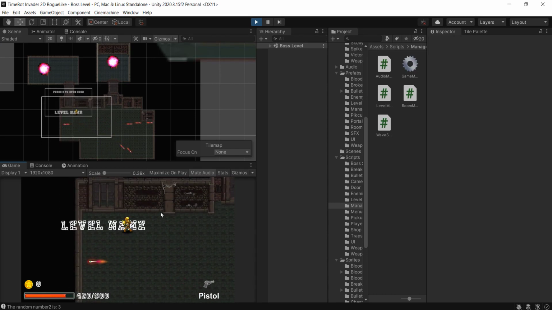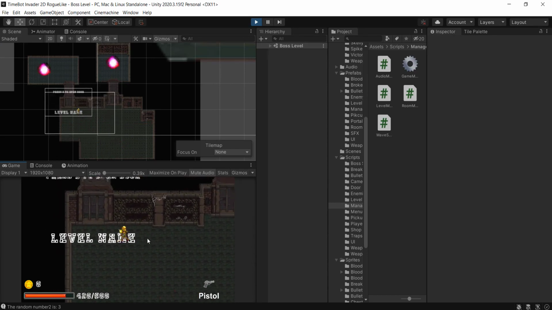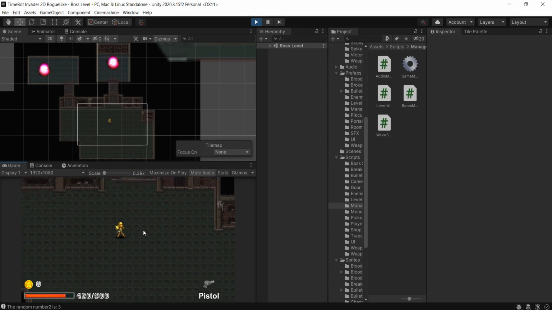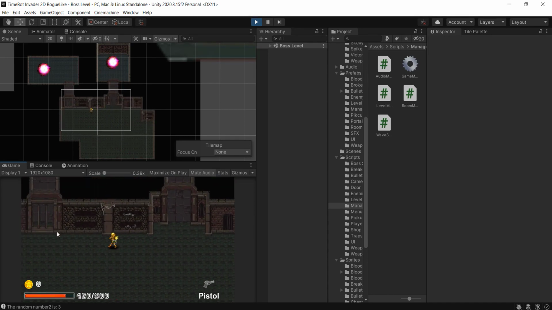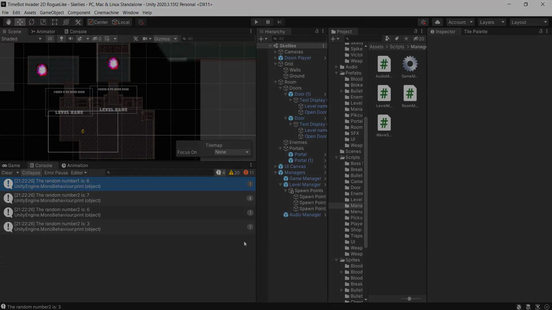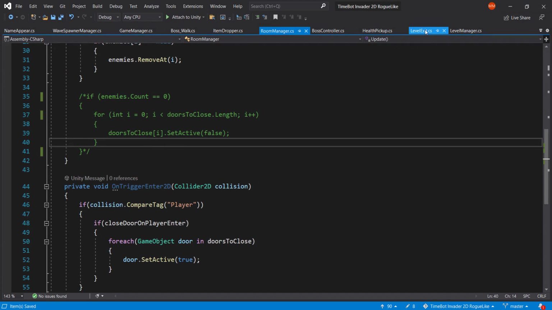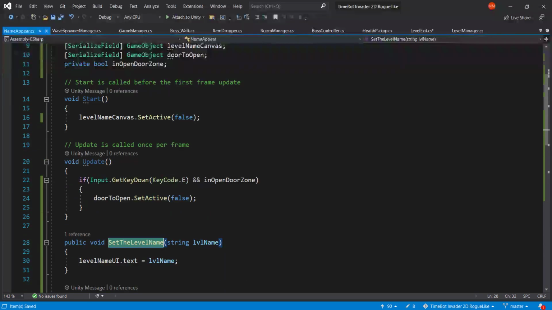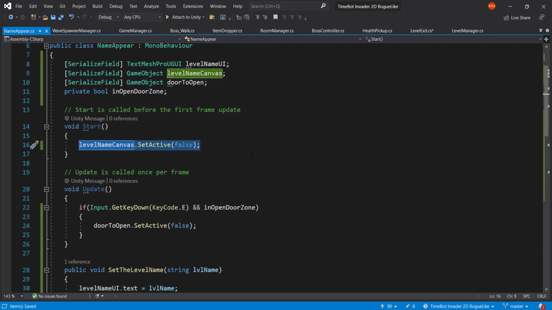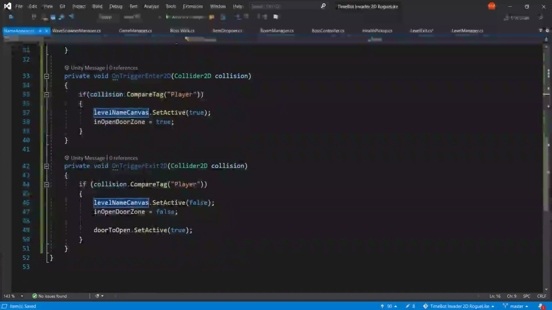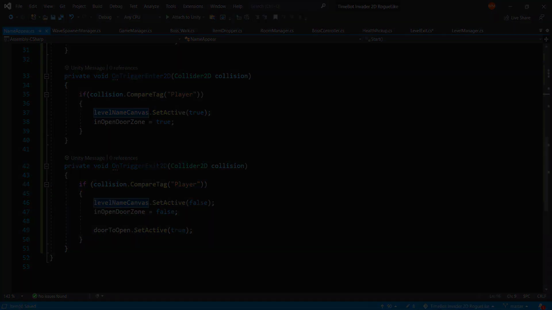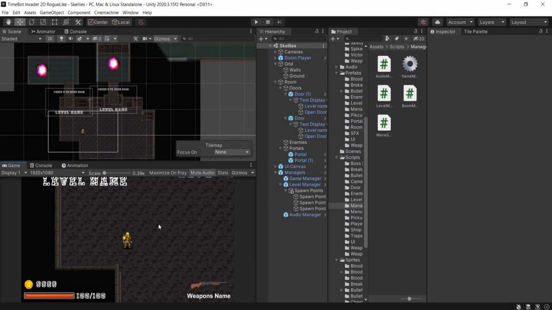So the boss dies. We will wait for this to open up, and obviously we need to change a couple of things in here. So first of all, the level name, go back in here and the level exit. In name appear, in the start canvas we are setting the whole canvas to false, but then when we enter, we are setting the canvas to true. And we will be fixing all of that maybe in the next video, but the mechanics work, the levels work,